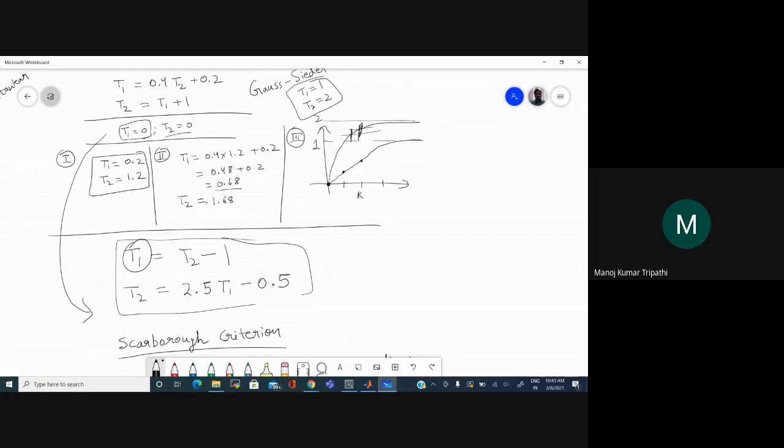So it will continue to approach the final solution. So if it goes to some difference value, let's say 10 to the power minus 6, then we'll say that it has converged. The difference in the present iteration value and the previous iteration value. And for nx number of points, what we can do is we can add all the mods of the differences and say that the entire sum should be less than some tolerance value. So at all points, we want the difference to go down. Is that clear?